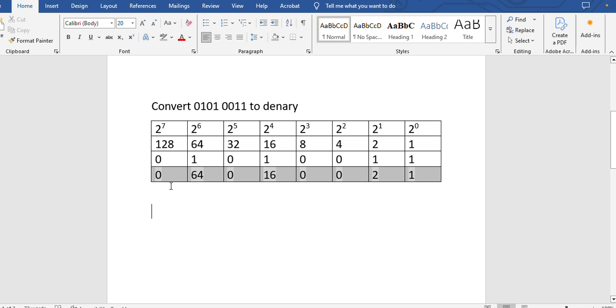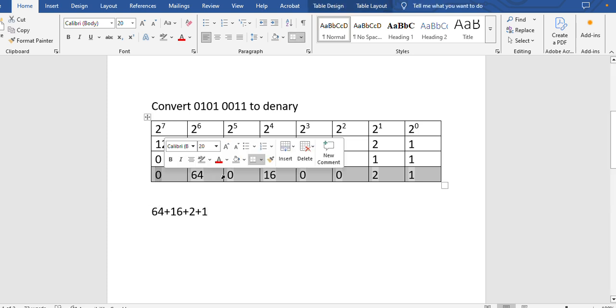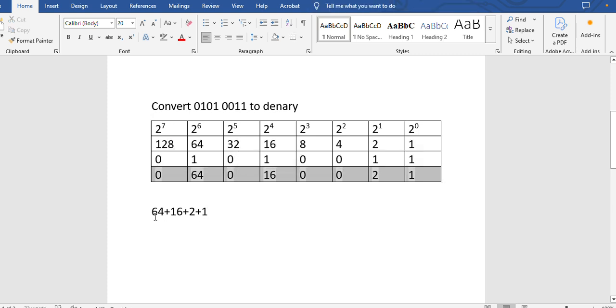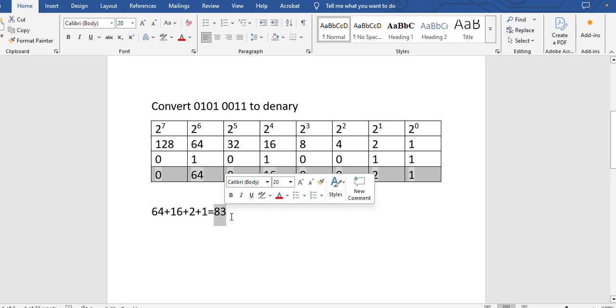For you to add the numbers at the bottom, you can ignore the ones with zeros, because they will make no difference, and take the ones with the higher values. So you take 64 plus 16 plus 2 plus 1. 64 plus 16 is 80. Then plus 3, that is 83. So the answer here is 83